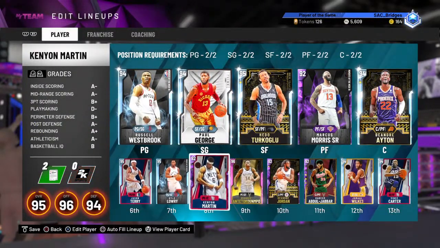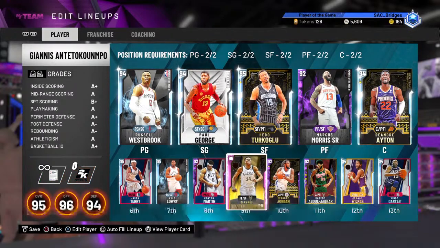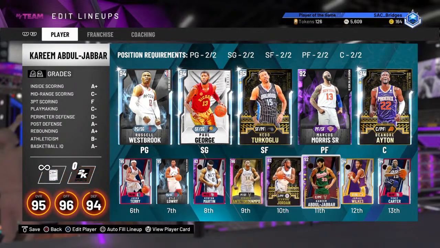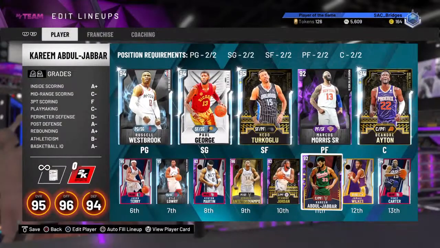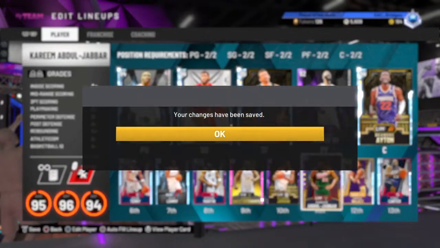But yeah, so this is the squad right now. Definitely like this team. I like the options that this team gives me. And the main priority for this team is that at some point I got to get back to evoing Kareem Abdul-Jabbar. Outside of that,